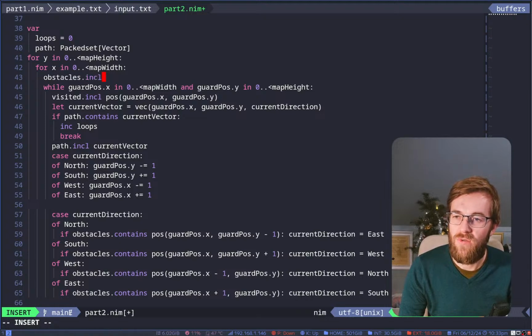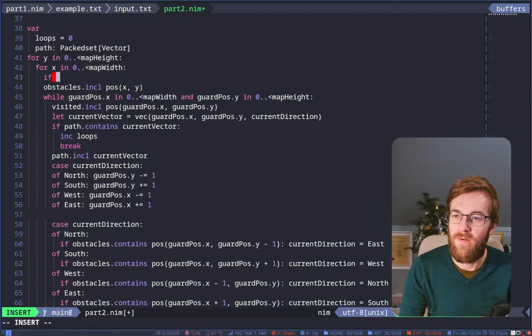Obstacles include the position of x and y. If not, or if obstacles,